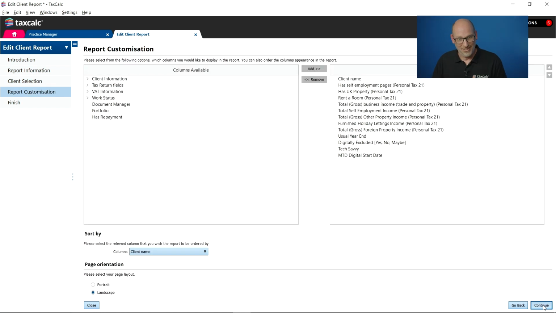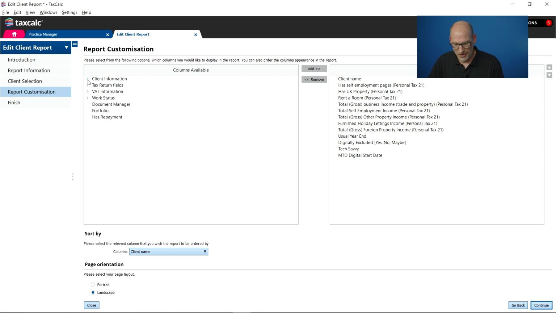So that's the list of clients that are in the report, which obviously is very useful from what we've been talking about, segmenting your client base. But what information do we actually want to present for these? In the customization area, we've got your list of clients. Dean, what information do you want on those clients?